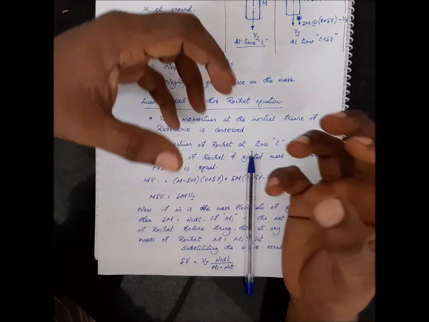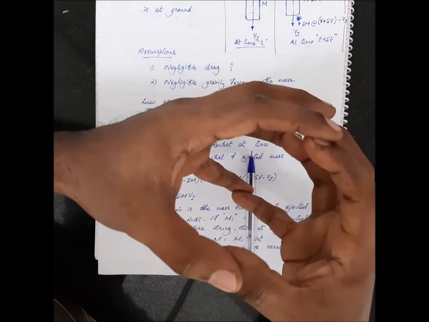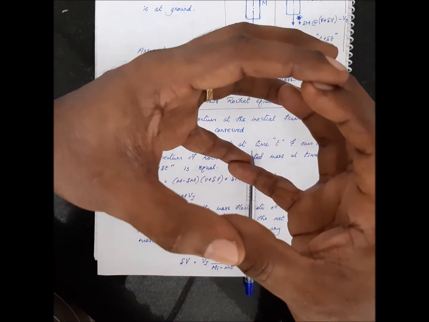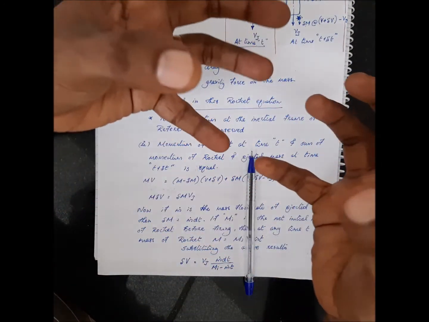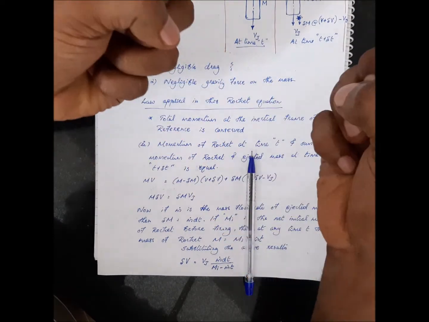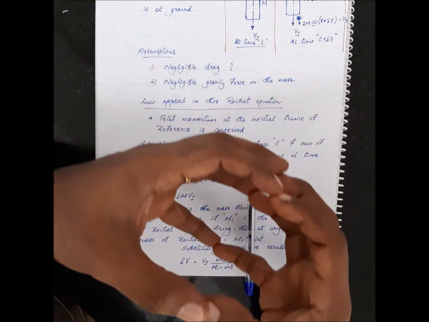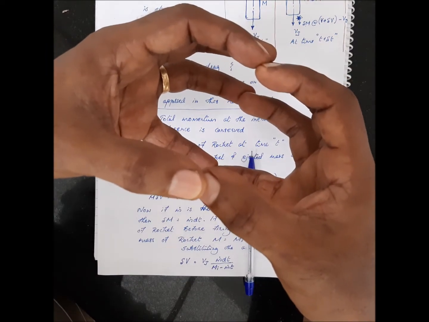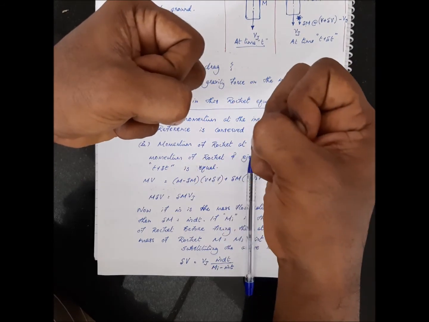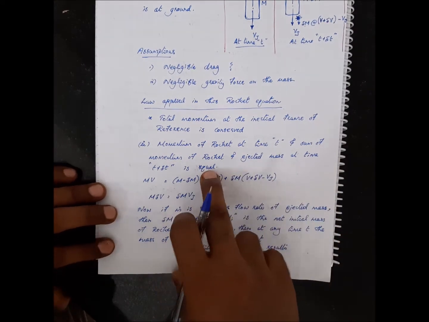So suppose you fire a cannonball, a large cannonball, it has a momentum. The momentum is mass into velocity. Now imagine that the cannonball, as it goes, at some point of time actually explodes. It explodes at a later time. So it has two masses or three masses now. So the total momentum has to be conserved. The first momentum was m into v, mass into velocity. The second momentum is the momentum of this particle and the momentum of this particle. All together it should match with the momentum of the larger particle. So basically this is what we are going to do.